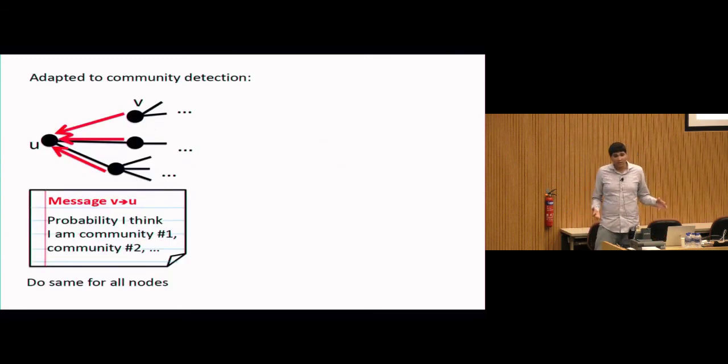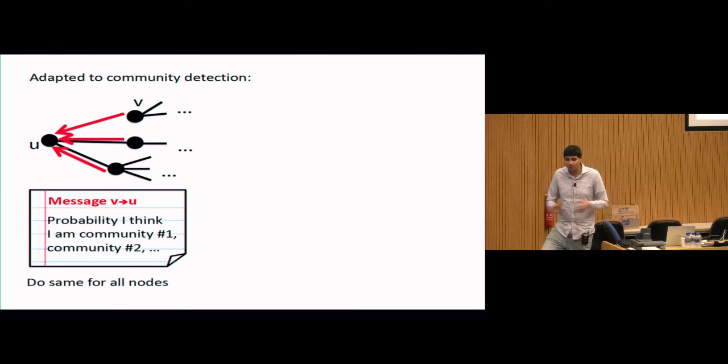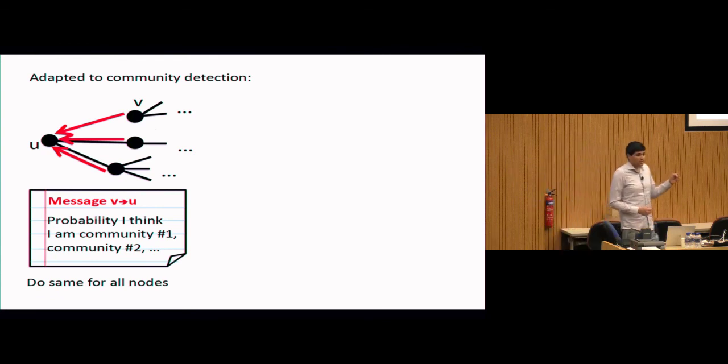And belief propagation is a general algorithm, but you can think about it just in the context of community detection. It's just some iterative algorithm where nodes maintain beliefs and they update their beliefs from talking to each other. So you start off with every node having some distribution: he thinks he belongs to the first community with some probability, he belongs to the second community with another probability, and so on. And what happens is that in one phase, every node sends the probabilities of their beliefs to everyone else.